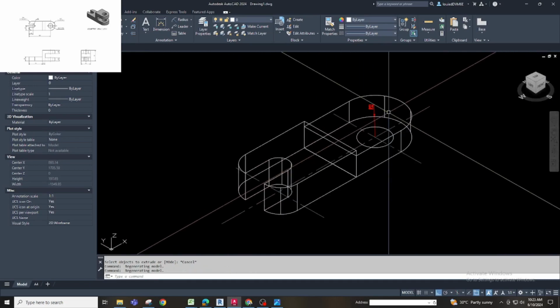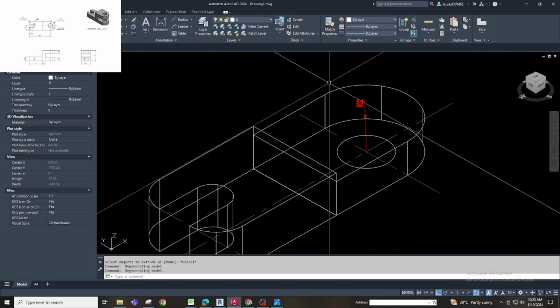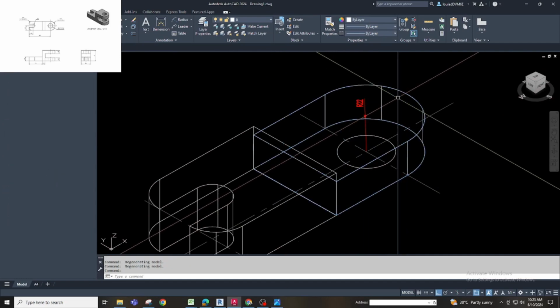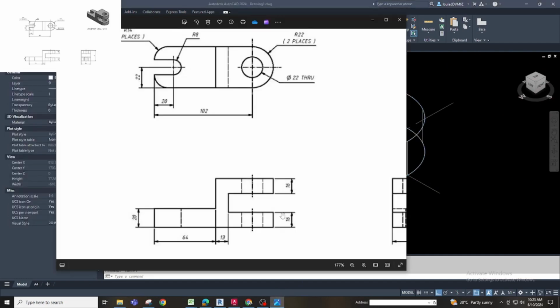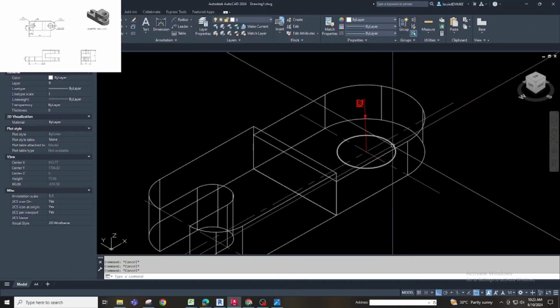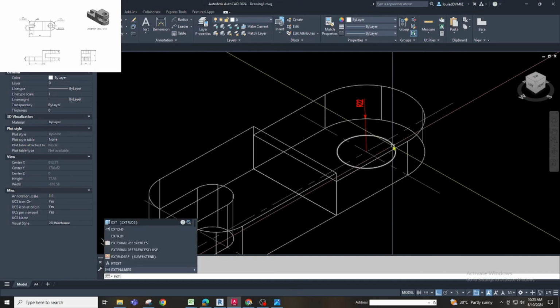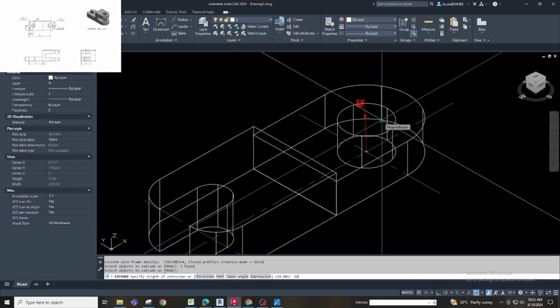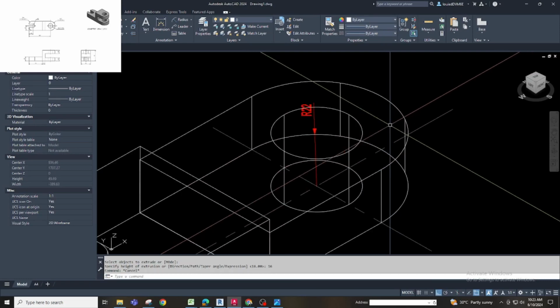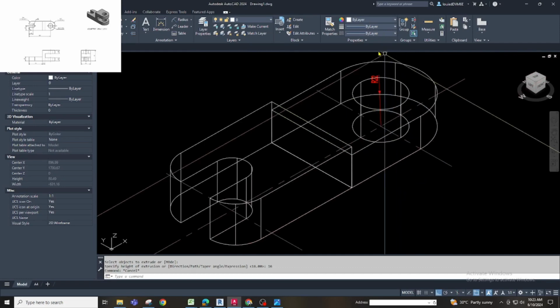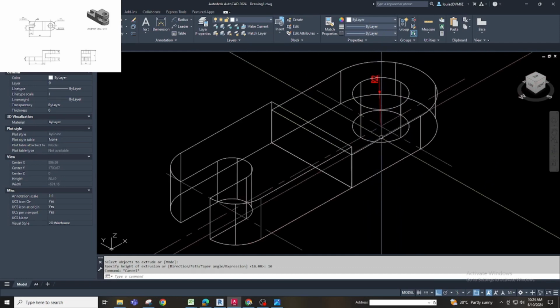If you want this circle to be extruded also and subtracted from this solid, you will make it extruded by 16 also. Guys, when you extrude, this is positive, this is negative.